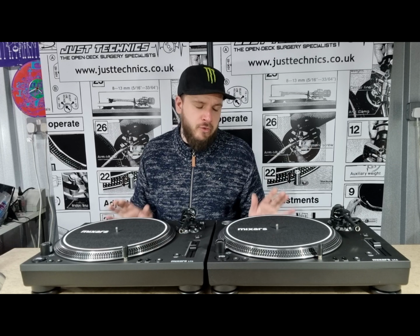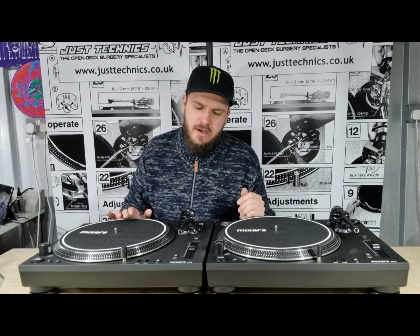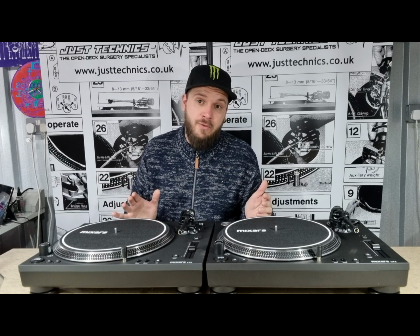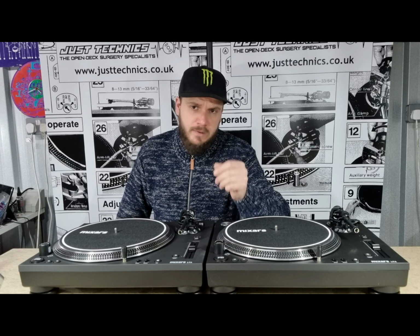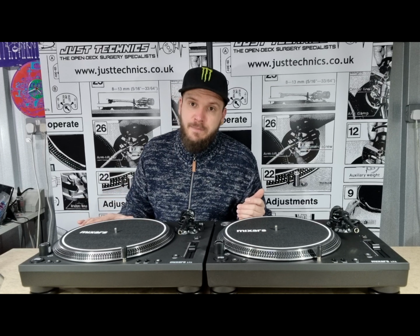You have to get used to the pitch because it is digitally controlled, okay? But unlike that you'll find with the Stanton or even that of the Reloop, these, when you move them, they stay. You may find that they start to drift, as the majority of these turntables do, but even touching the platter,